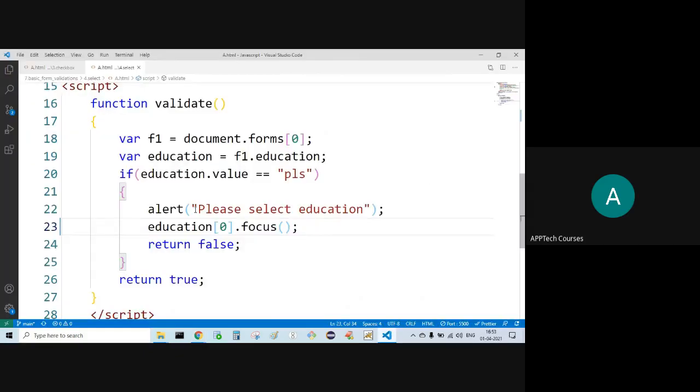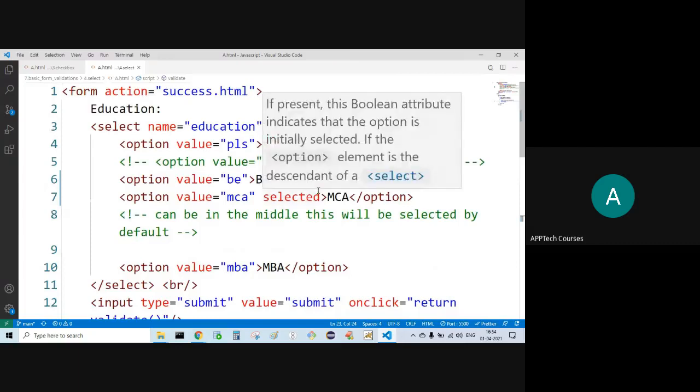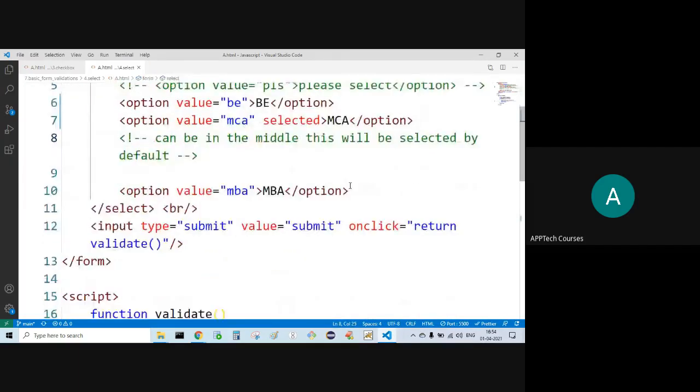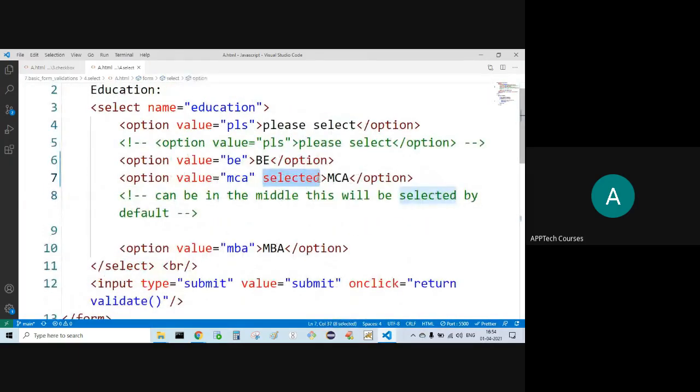That means focus has been given to education of 0. Okay, fine. That is the case. I need to focus to 3. 3 means what now? NDA. Right? Now let us remove this and keep this default one.